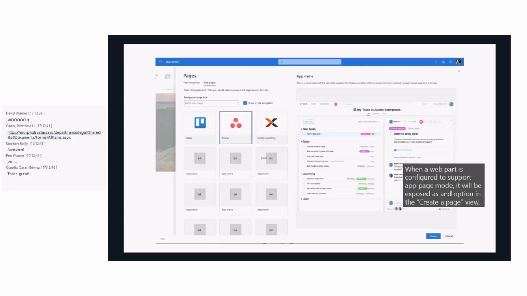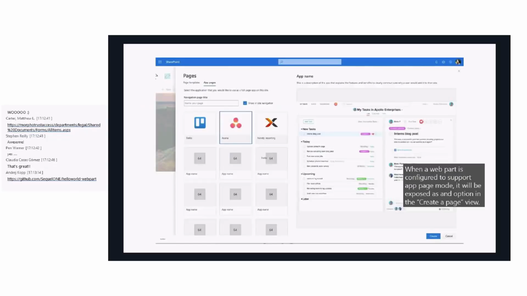So that helps you then create a page or a single page application, and that will have a web part inside of it, and this page will also support configuration of the web part if needed. From an end user perspective, they cannot edit the app page, because that's really the intention of the app page. It is exposing a single page functionality as such.